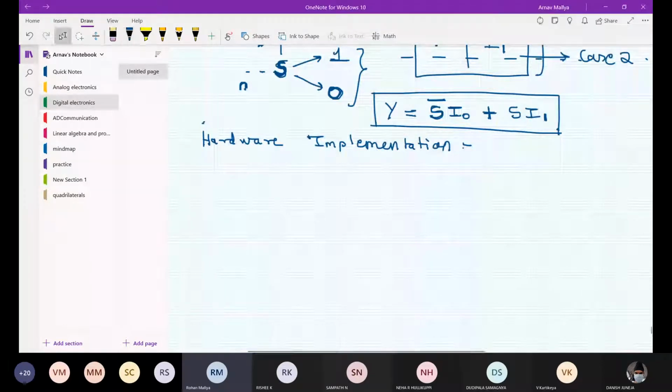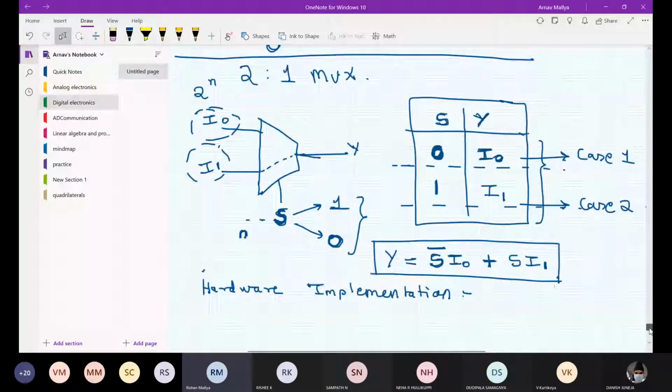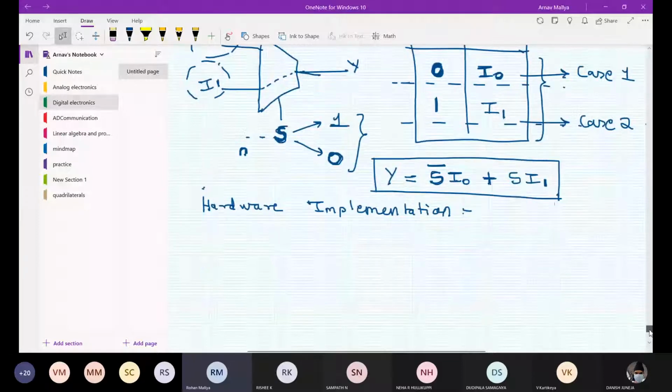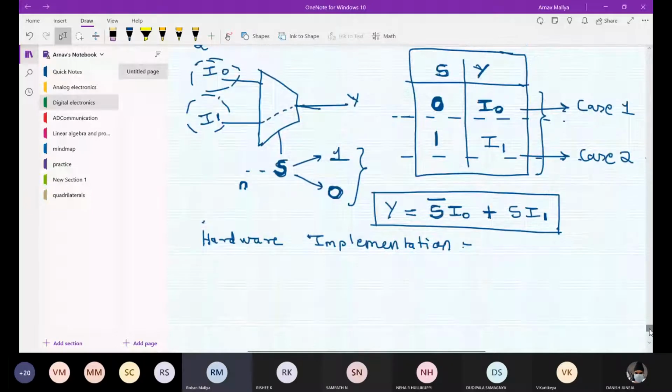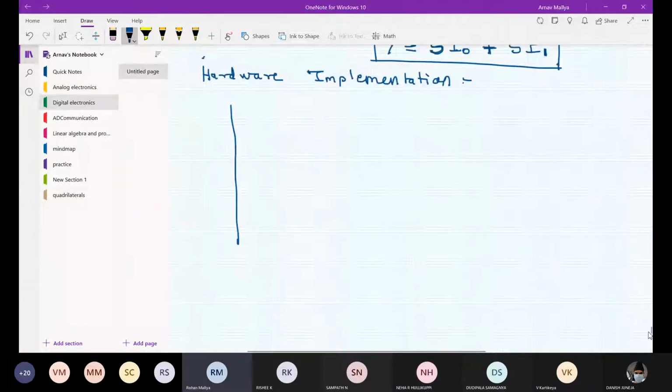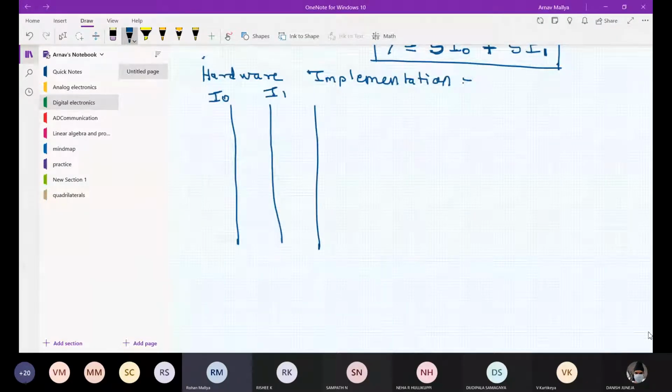So we'll take I naught as one of our inputs, I1 as one of our inputs, and S also we are going to consider. So let me make 3 lines, which is I naught, I1, and I'll take S. Okay. So now to make this, I'll make the first term.